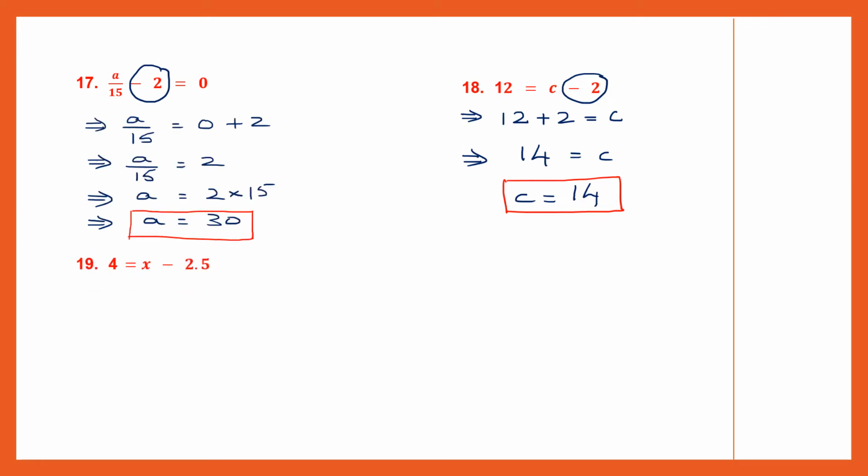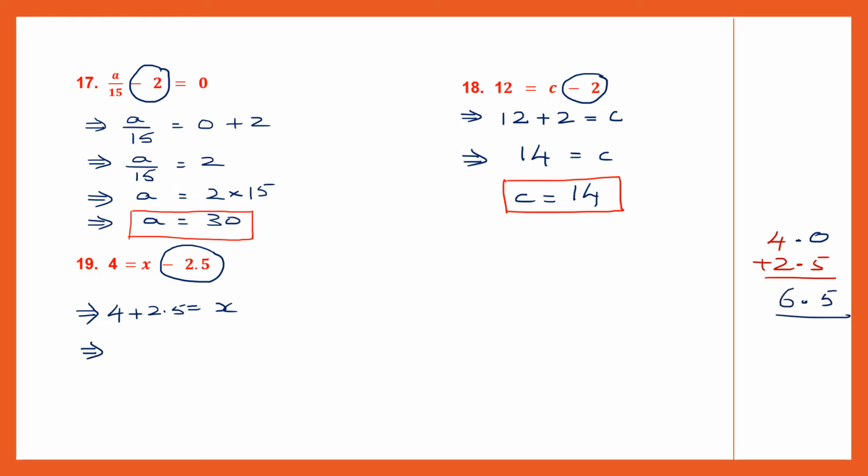Next question. Question 19. Now here also we have x on the right hand side. Since x is positive, we will leave it on the right hand side and solve it. So here we have 4 equals x, and we are going to transpose minus 2.5 to the left hand side. It becomes plus 2.5. So now we need to add 4 plus 2.5. Now we need to make them like decimals, so point and 0,